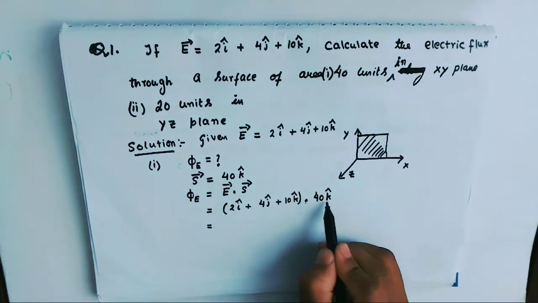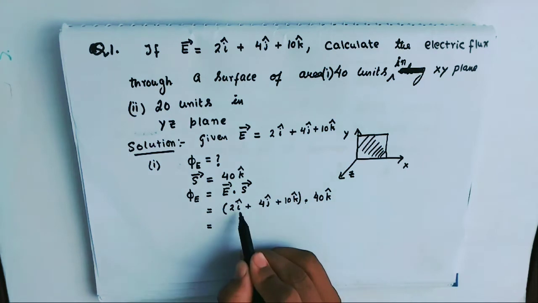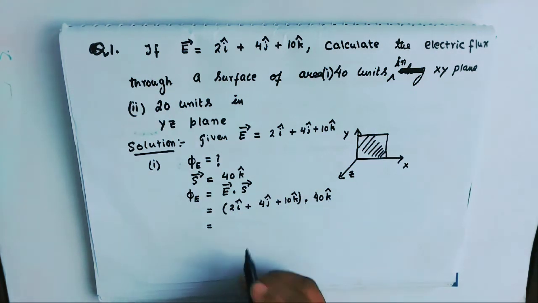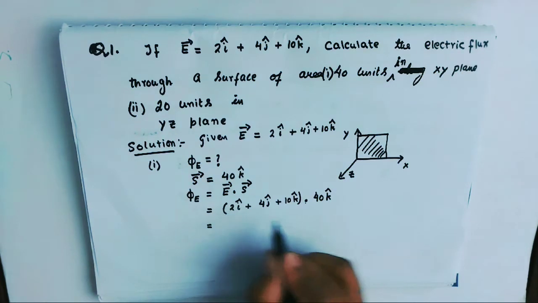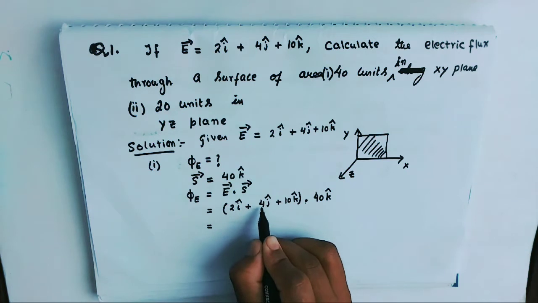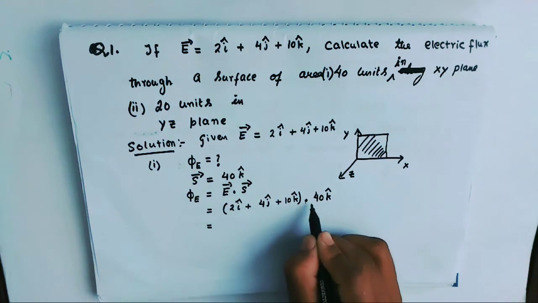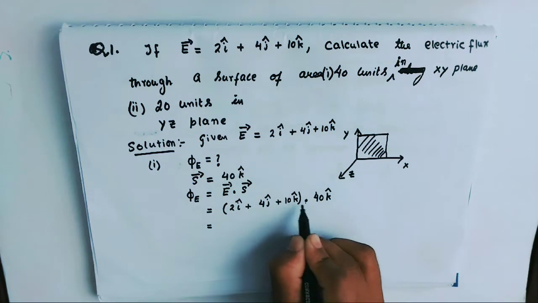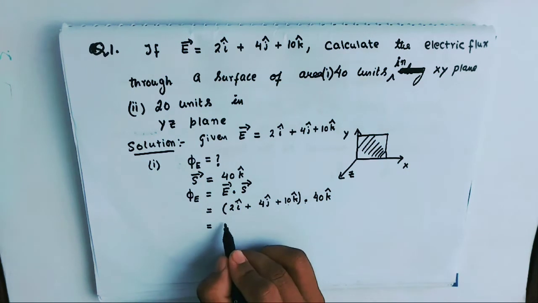2I dot 40K. I dot K is 0. So therefore, 2I dot 40K is 0. Now, 4J dot 40K, this one is also 0. And then K dot K is 1. So 10 into 40 becomes